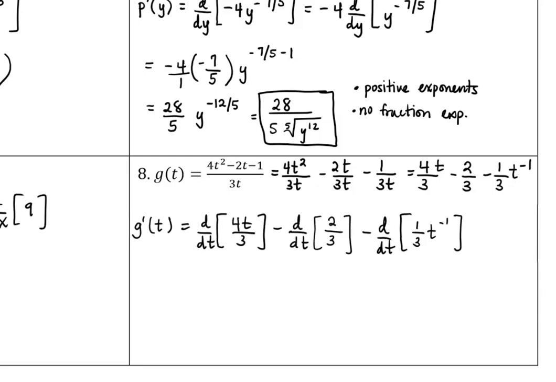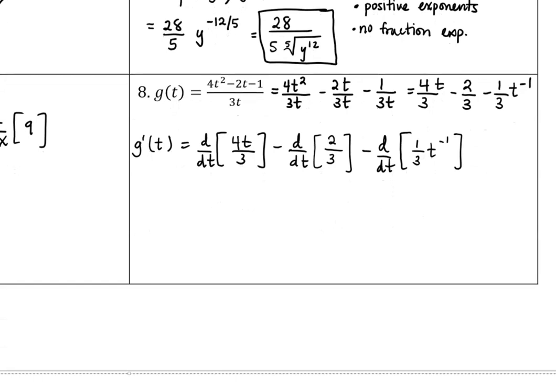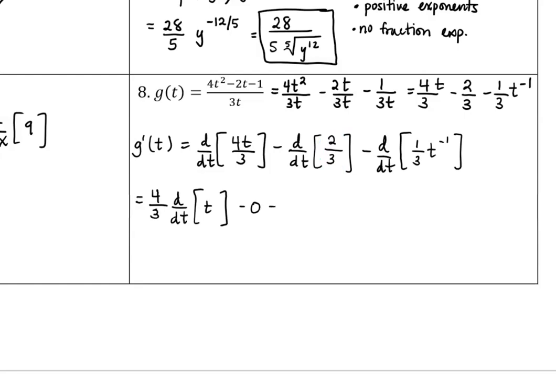Now that we have that applied, constant multiple rule tells us that we can pull this constant of 4/3 out in front of the derivative operator and be left with only the derivative of t. In the second term, the derivative of a constant is equal to 0 from the constant multiple rule. And in the third term, we can similarly pull out the constant of 1/3, leaving us with the derivative of t to the -1. The derivative of t is 1. I don't need to continue to write that